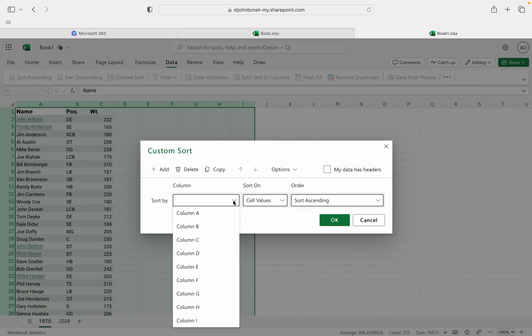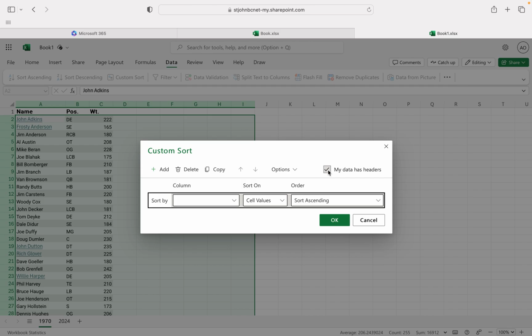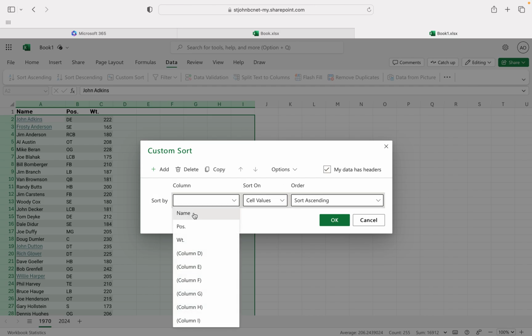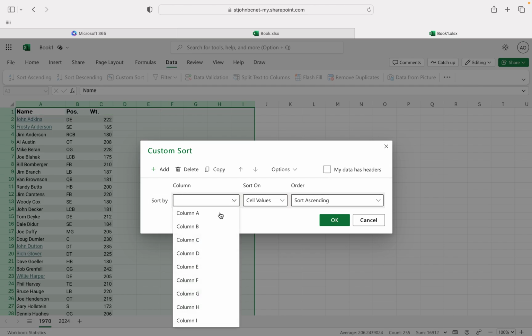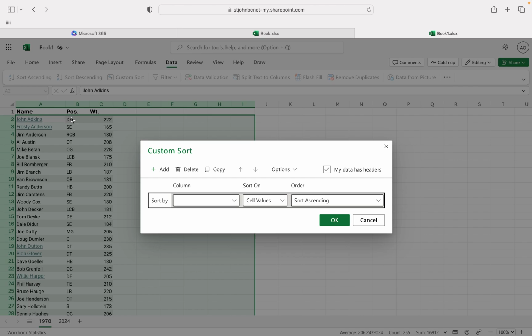First thing I'm going to sort by is the position, which is column B. It may give you the name. If I click my data has headers, it's going to sort by, and it'll actually tell me, sort by position. If I unclick that, then it'll just sort by the column. Since my data has headers, I don't want position lined up in the middle of all of my information. I am going to click that my data has headers, and I'm going to sort by position first, and then